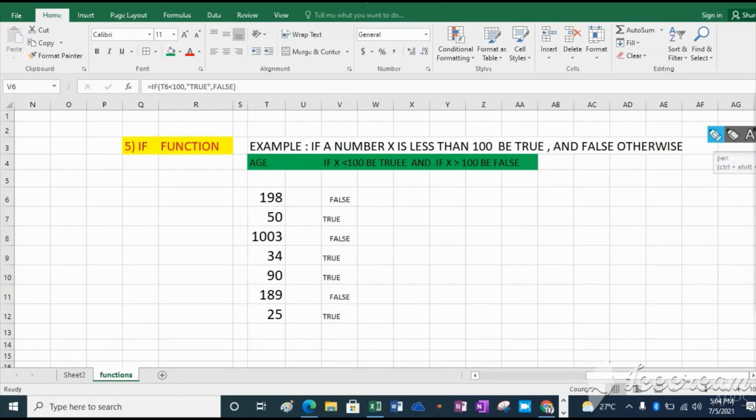So this formula is known as the if function.